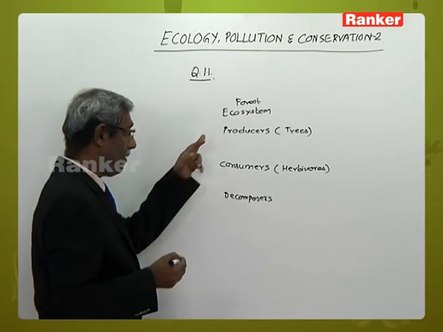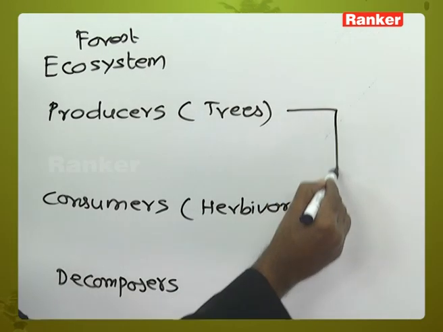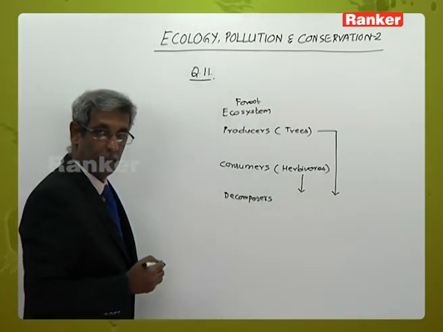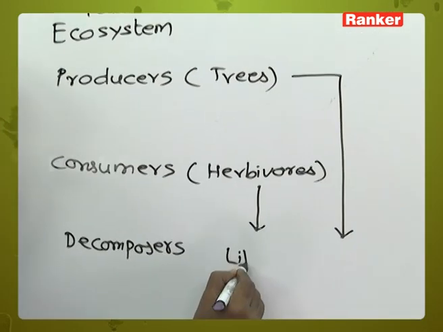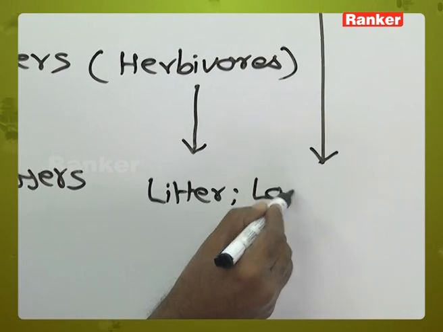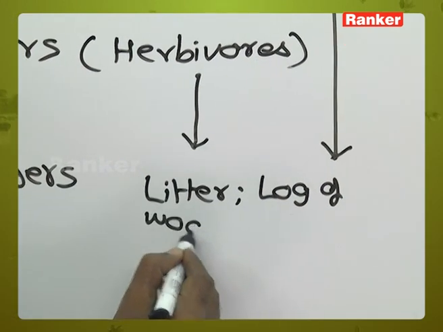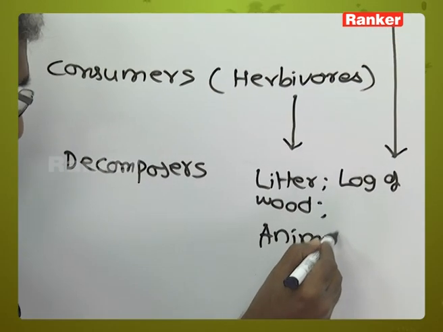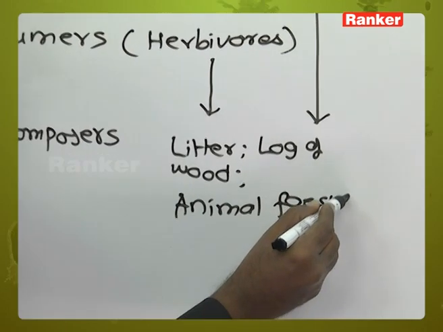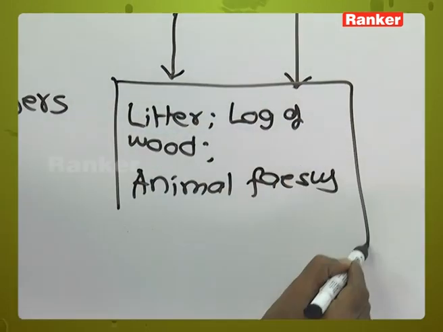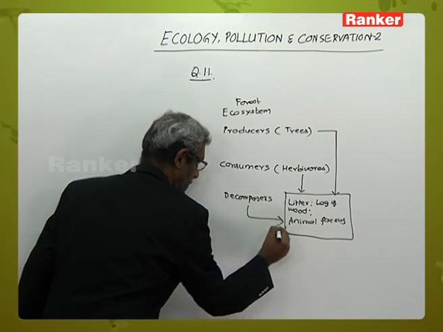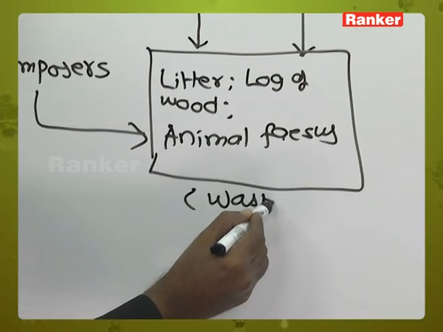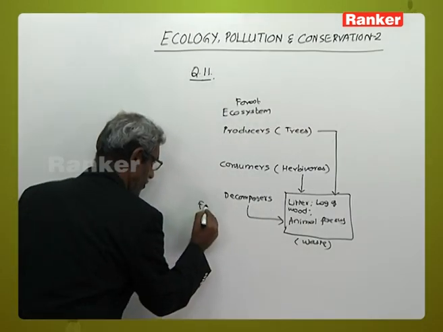Any dead material from both the trees as well as any remnant of the herbivores, like if you take litter or you take a log of wood, otherwise you take any animal feces, all of these are acted upon by the decomposers. So, decomposers act on waste which is present on the forest floor,